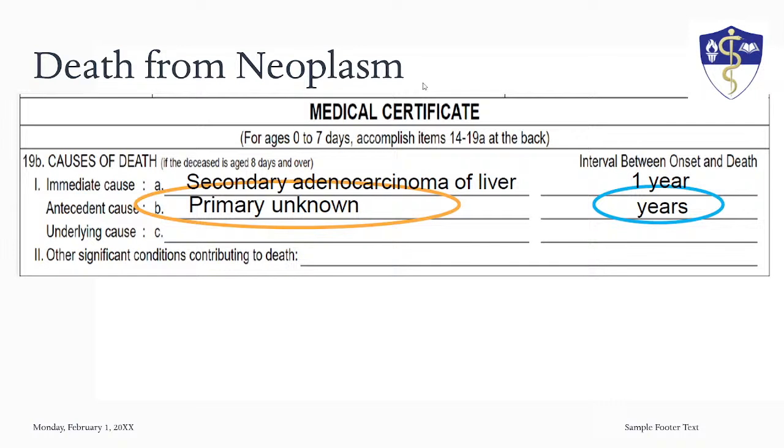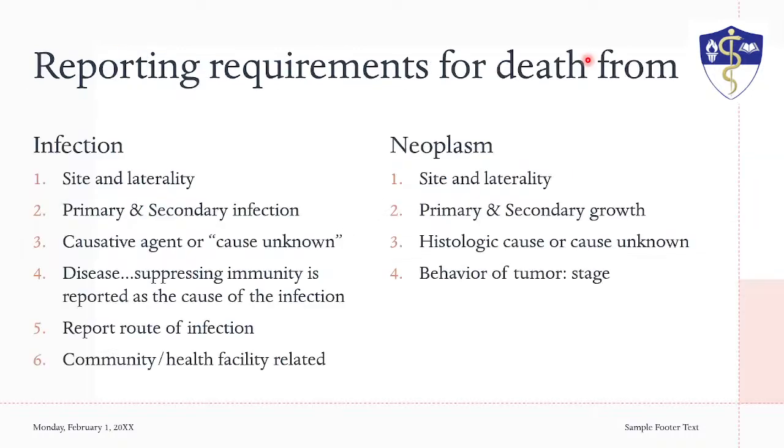So we keep going back to my slides previously para mapakita kasi it's very hard to explain unless makita nyo po the actual examples. Okay, so this was the ones that I'm referring to. The patient had cancer. Yun na lang po ang lalagay natin po. Yun lang sinasabi ko sa relative. So reporting requirements for death from infection versus neoplasm. Kaya po inisa-isa po kanina kasi para i-compare natin na halos the same.